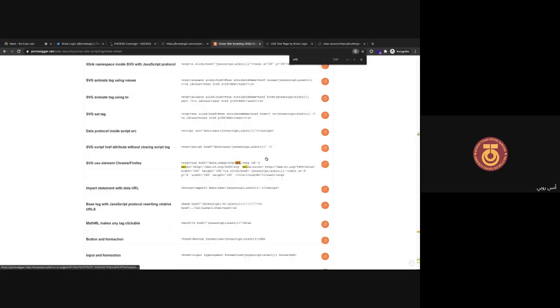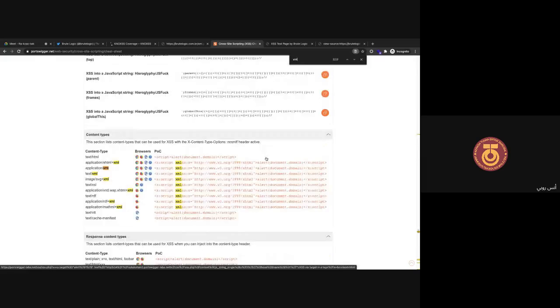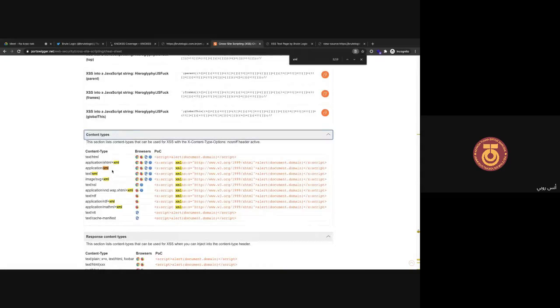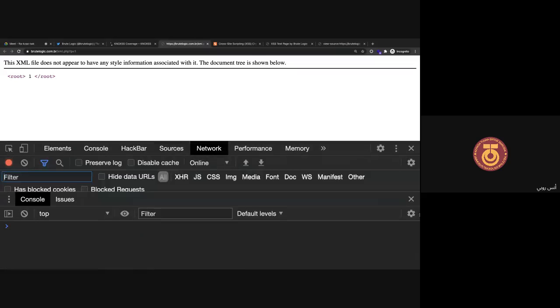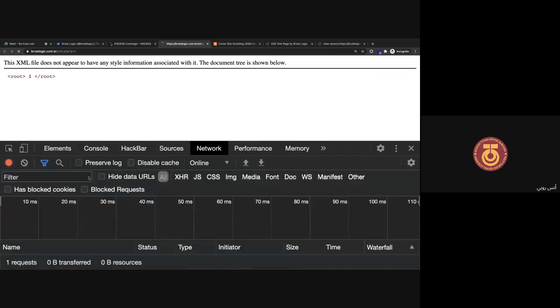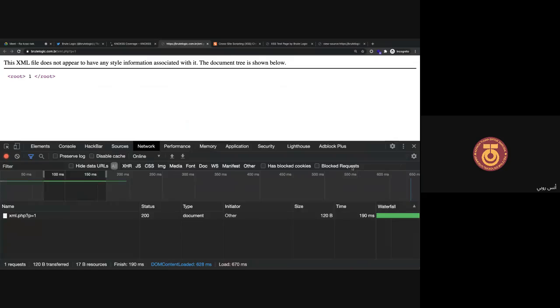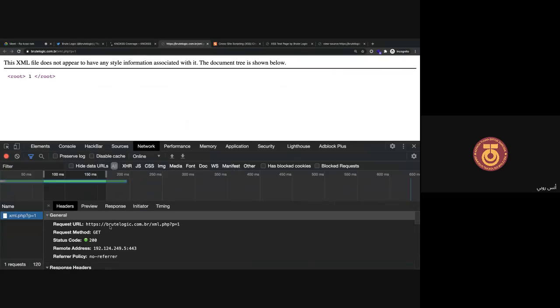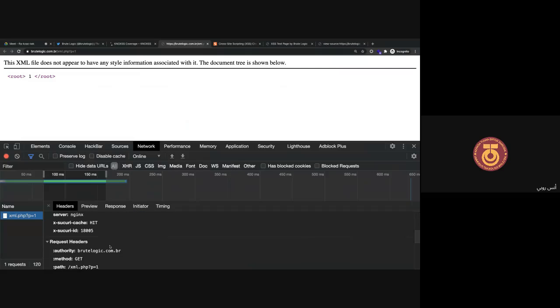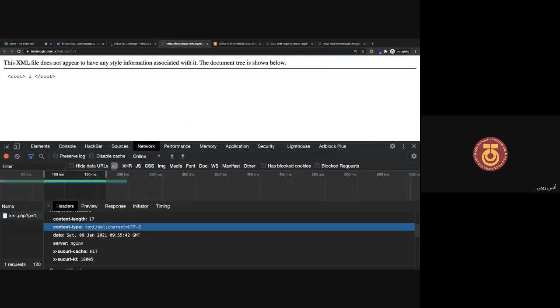So I'll just search for XML in this page. As you can see here, we will go to the content types. If the content type is HTML, the content type you can see in here, if you just go to the network bar, just reload the page. Okay, here we have the page. As you can see here, the page content type is text XML. So I will just check what is that